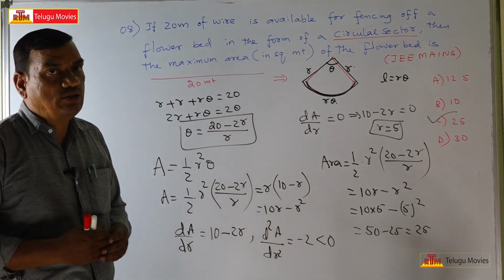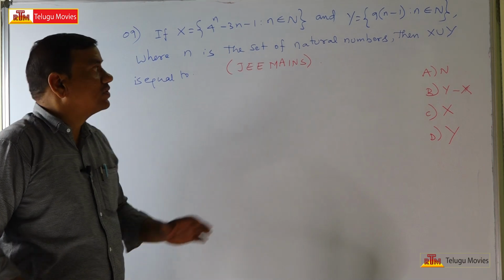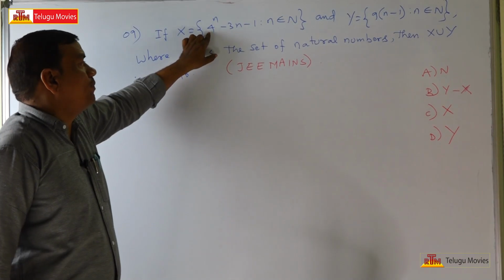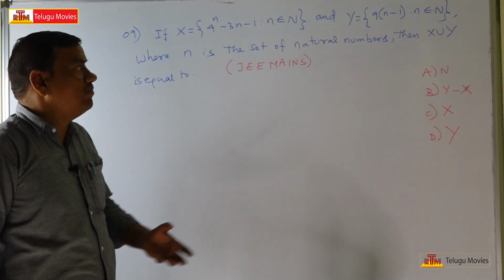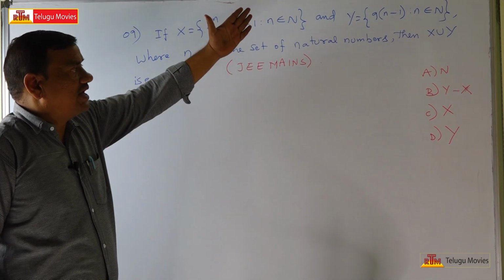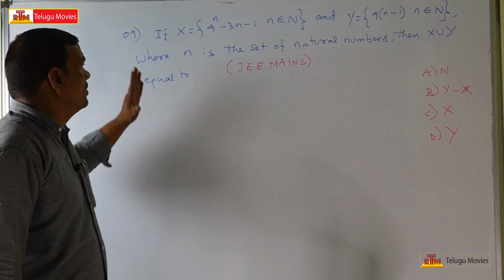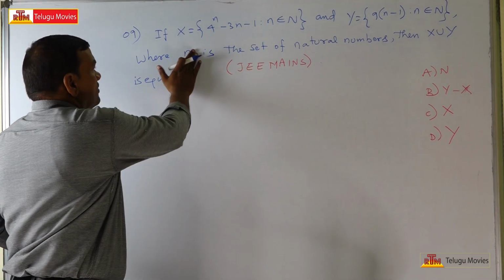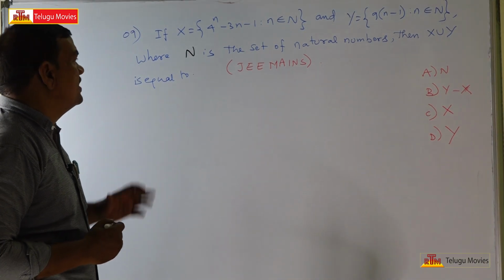So let us go for the ninth problem. Dear students, welcome to the ninth problem of today's class. The problem is: the set x is equal to 4 power n minus 3n minus 1, where n is a natural number. It is given in set builder form. Like that, the set y is also given as 9 times (n minus 1), where n belongs to N. Both sets are given in set builder form, where n is a set of natural numbers. Then x union y is equal to